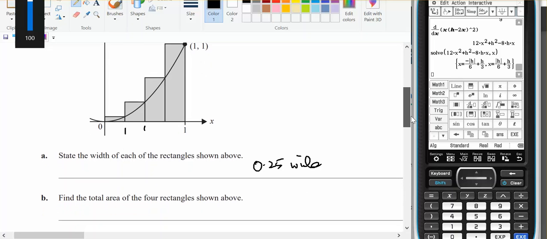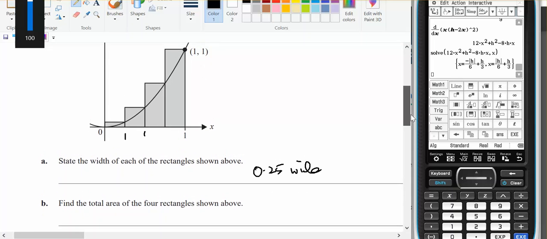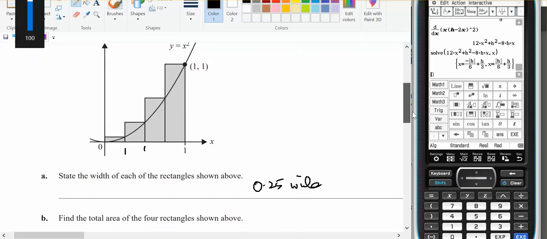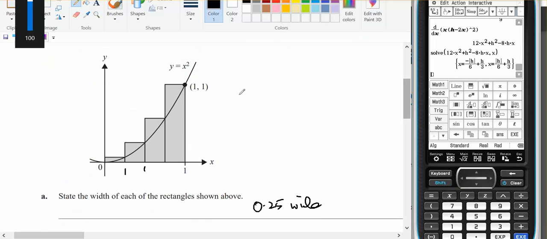Find the total area of the 4 rectangles shown above. So the 4 rectangles shown above, looking at the total area. That's a half, that's 3/4, and that's 1/4. So that there is 1/4 and 1/16. That there is 1/2,